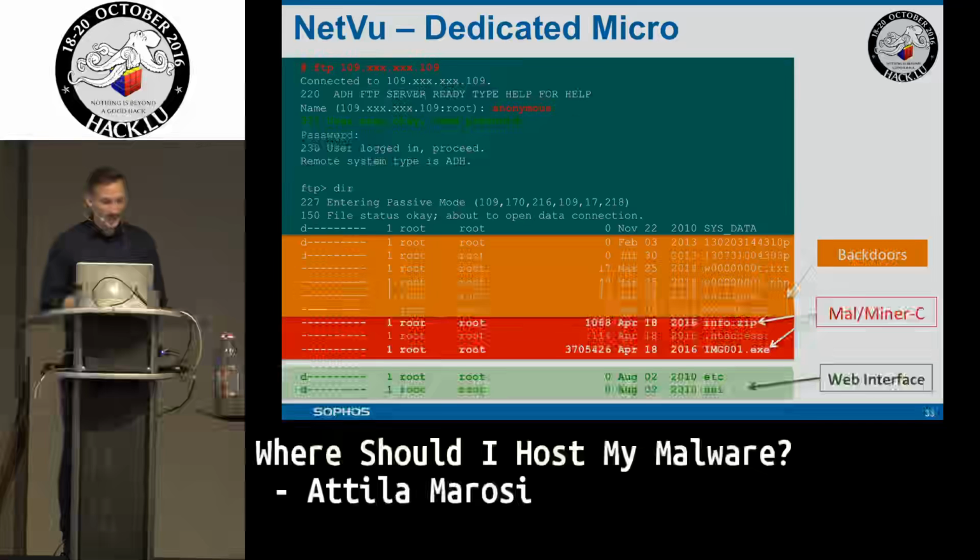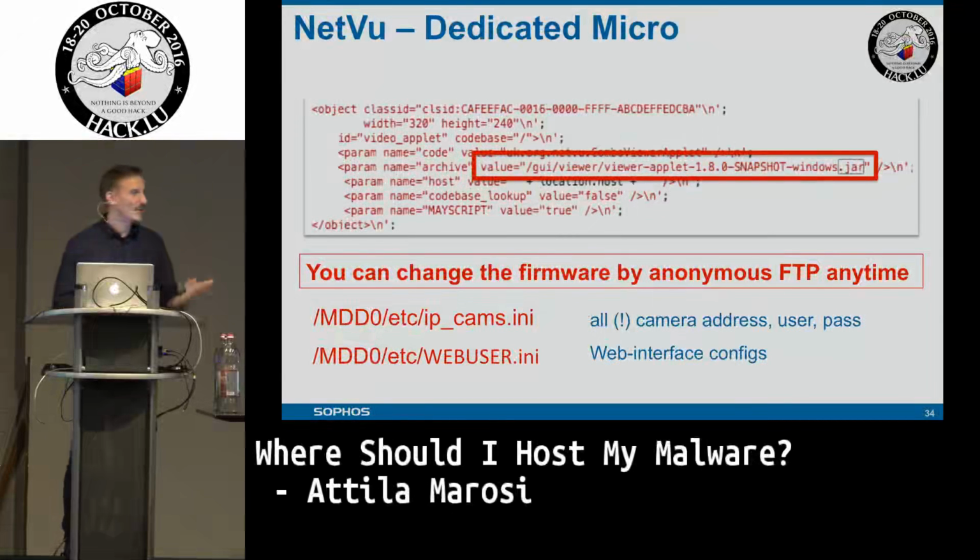If you use the same IP address and log in with FTP and check the device from this angle, you can see that there are already many actors and malware which try to put some malicious content on the device. As you can see, the miners are already there, which is very scary. The user interface folder is just the bottom of it, so you can reach the user interface, and you can reach the firmware through FTP